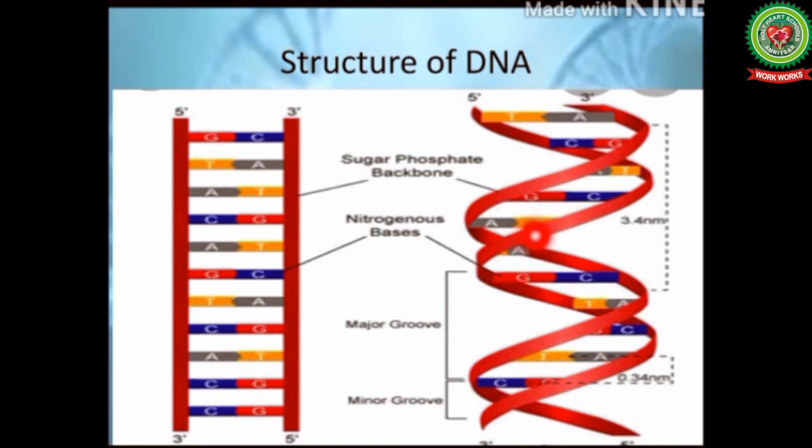It is very specific and the only pattern followed is adenine bonds with thymine by a double hydrogen bond and cytosine bonds with guanine by a triple hydrogen bond. The nucleotides in a helix are joined together by phosphodiester bonds. There are 2 grooves due to the coiling of these 2 strands. One is the major groove, which is followed by a minor groove. This is the major groove and this one is the minor groove.